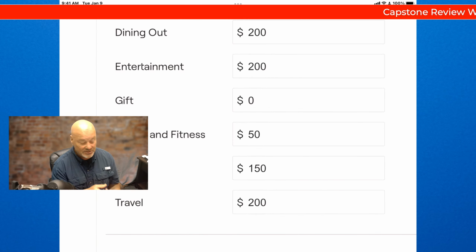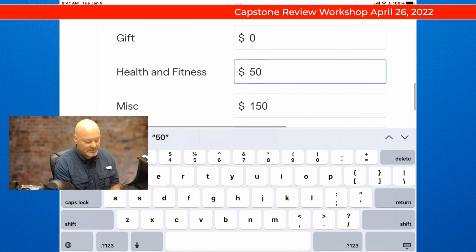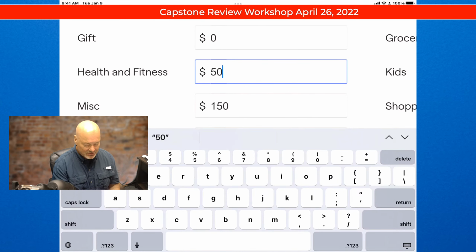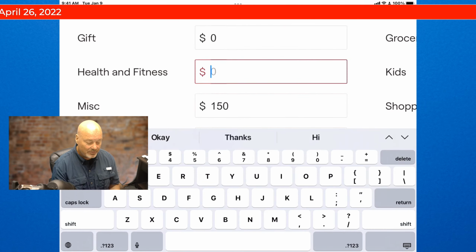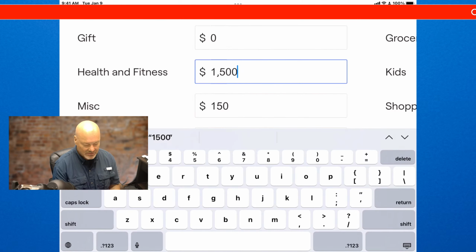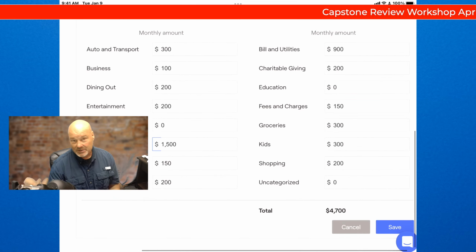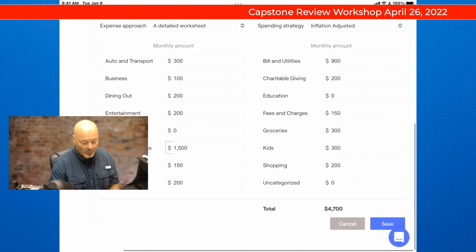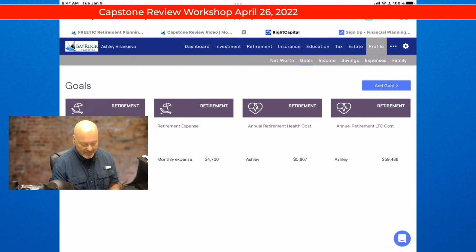She says that when she retires, and I know I changed it to 72, she had it, I think, at 62, but she has $50 for health and fitness. I'm going to change that. Do you think $500 a month for health and fitness for a retired person? It's probably going to be more like $1,500 a month. Somewhere in there we've got to have prescription medicine, doctor appointments. So if I change that to $1,500, and we see right here,